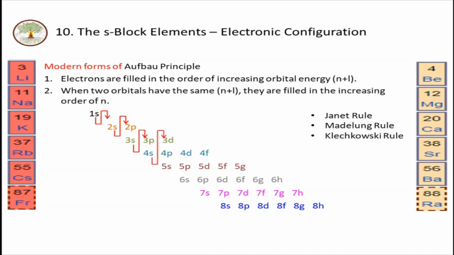After 4s orbital, electrons are filled into 3d, then 4p, then 5s, and then 4d, 5p, 6s, and so on. The entire sequence of filling of electrons can be written as